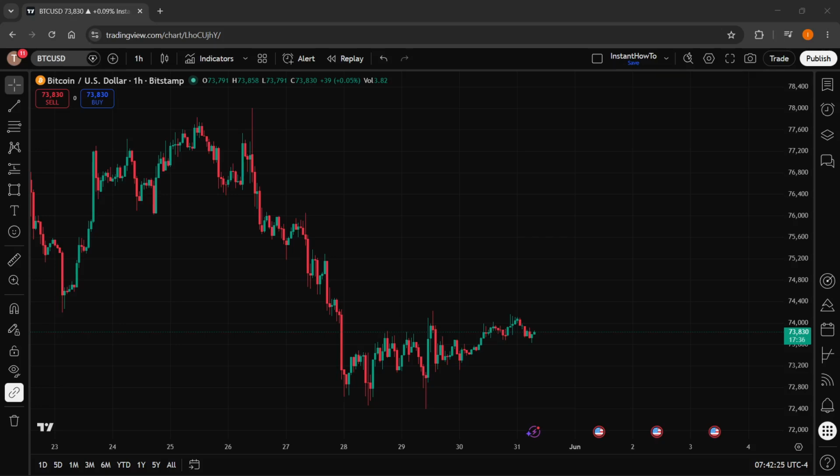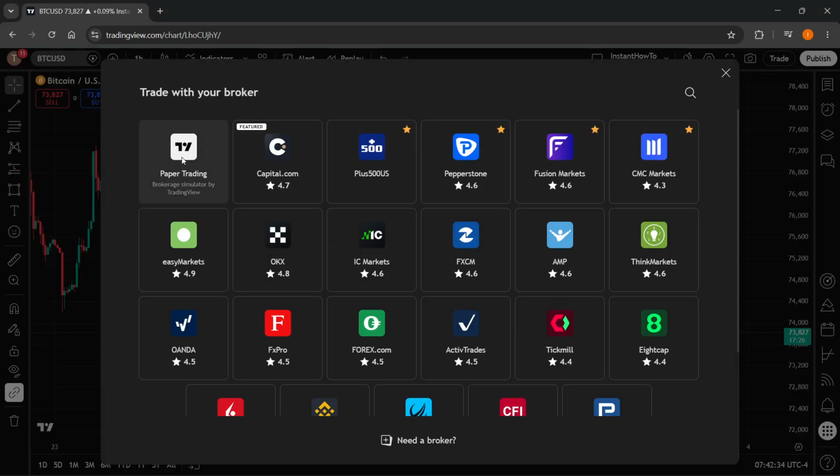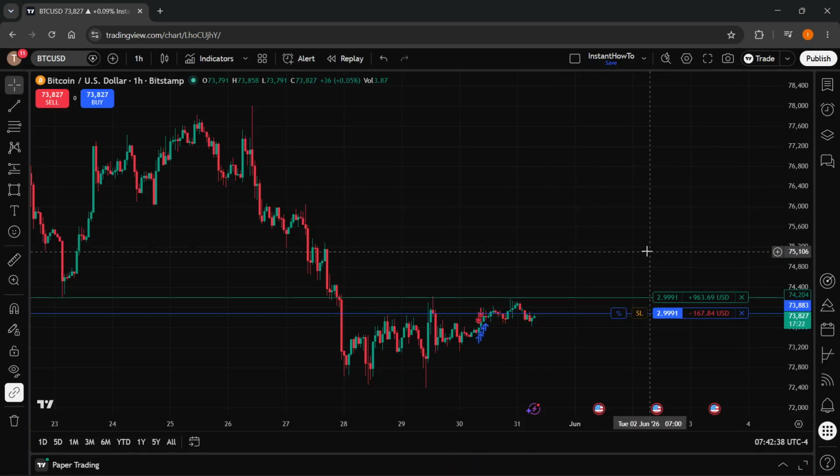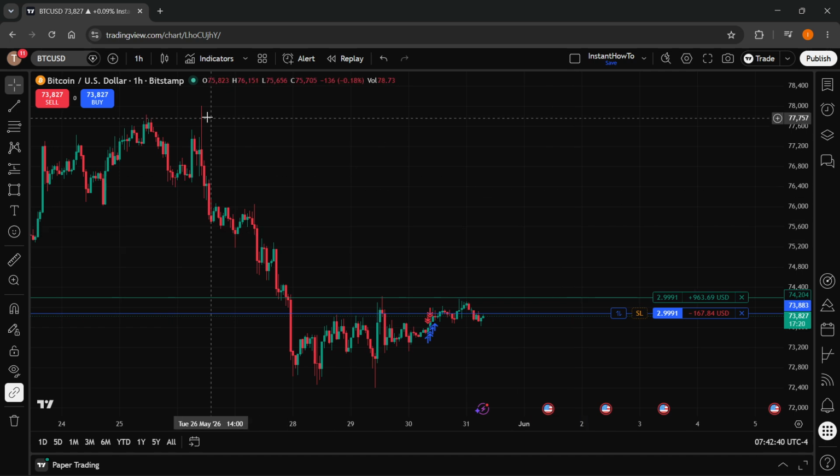In this video, I'm going to show you how to paper trade futures on TradingView. Now, the first thing you want to do, you want to go to the trade button top right, and from here you want to select paper trading and click on connect. Now, right now you're inside the paper trading mode, so to actually trade futures, go to the top left and